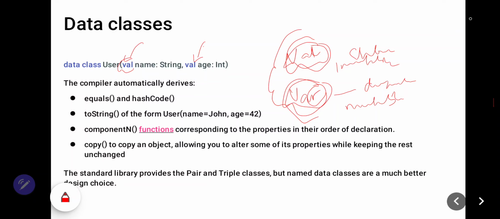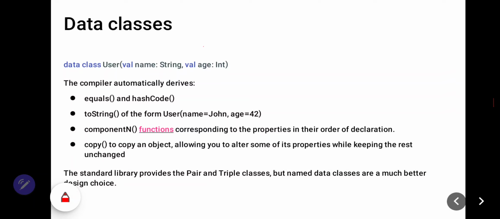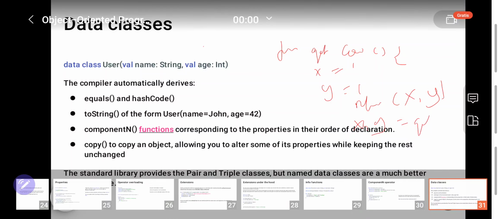Okay, I will write: for example, fun getCoordinates() { x = 1, y = 1, return x, y }, and then for getting this value, x, y = getCoordinates().